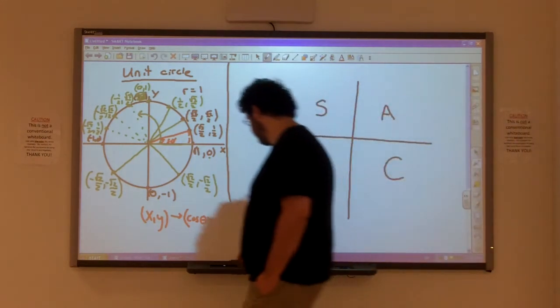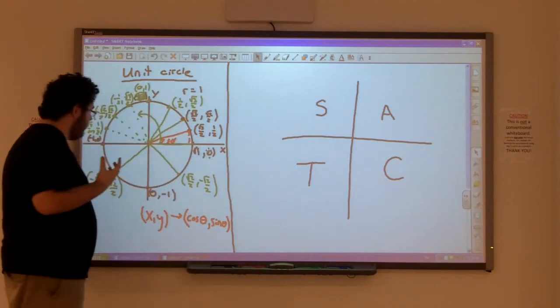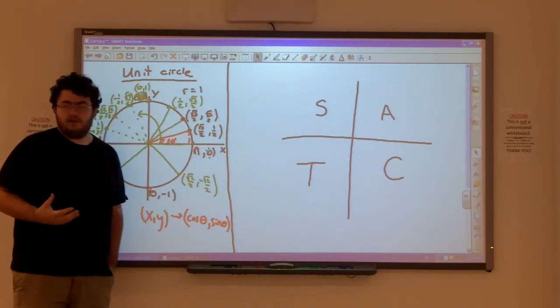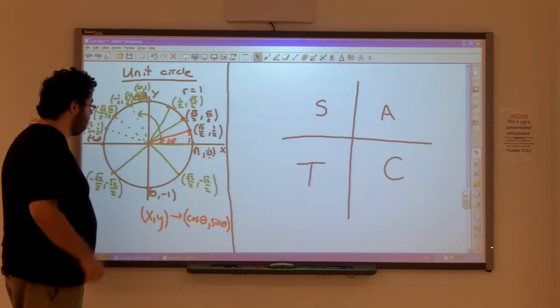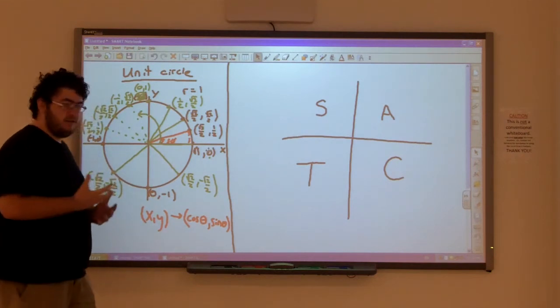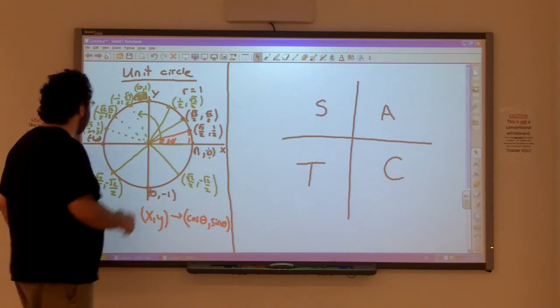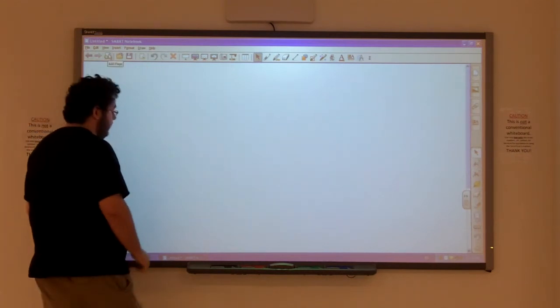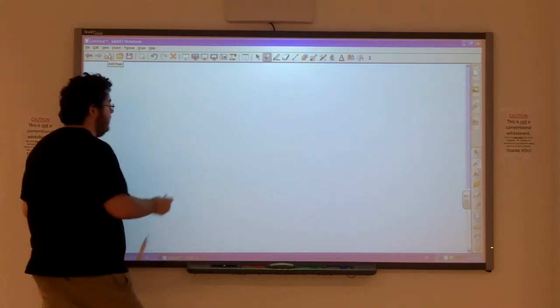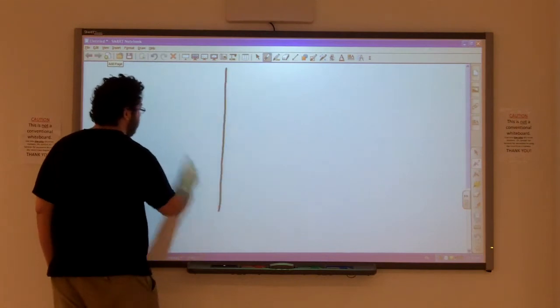Now, one more thing about this. We really don't like to use degrees all that much. Degrees are not used in science as much as what are called radians. So let's go over what radians are. Okay. So, if we look at our unit circle,